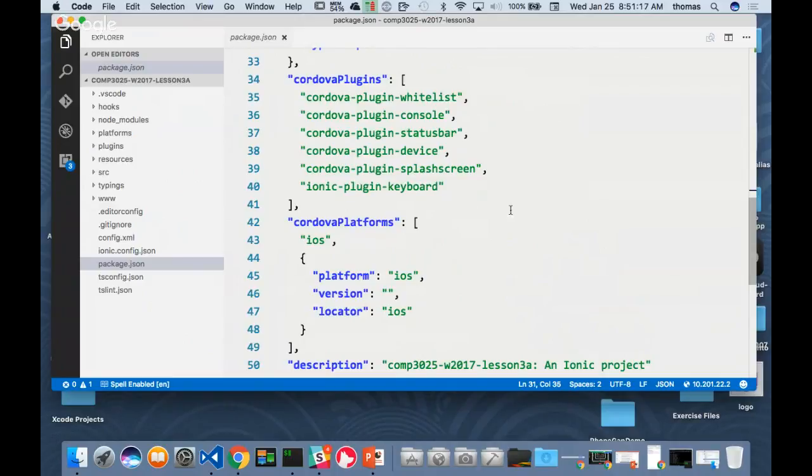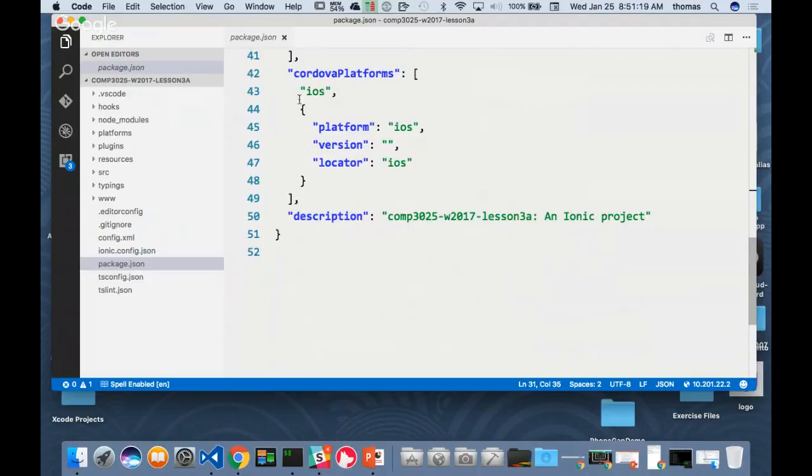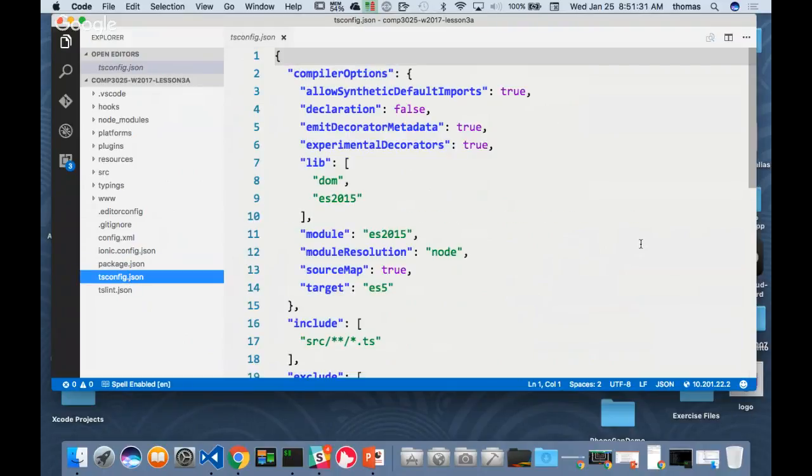Then notice that there are some platforms. We've talked about iOS because we loaded in the iOS emulator. That's one thing we've done here. And then here's the description. So that's package.json. We also have tsconfig.json. I talked about tsconfig.json. When you have TypeScript, you need a tsconfig file with some compiler options. Remember, TypeScript converts from